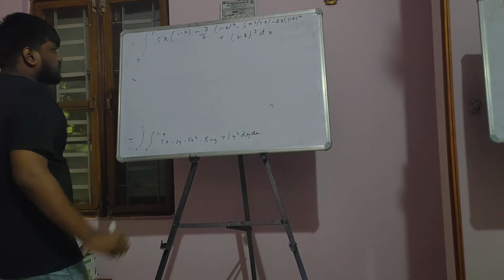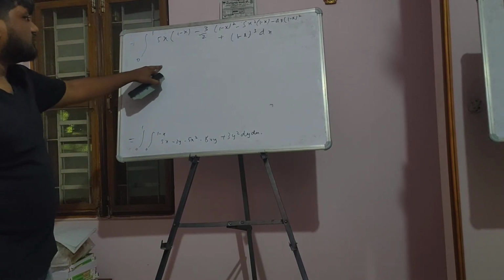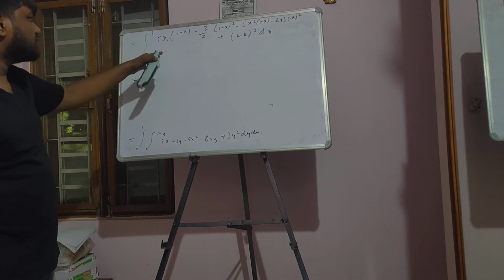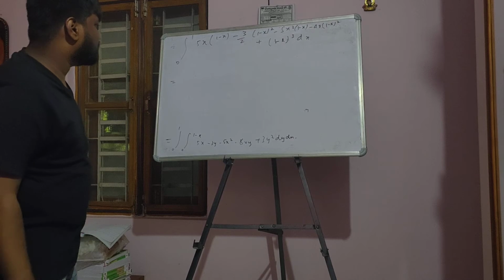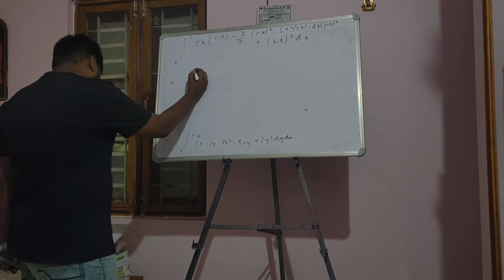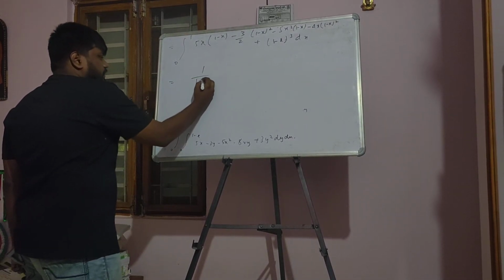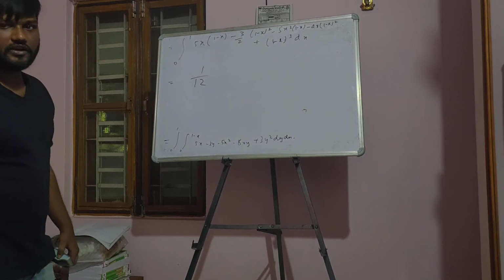So it is somewhat algebraically difficult, you just have to solve this and compute the final integral. So you can check that this value is actually equal to 1 by 12,